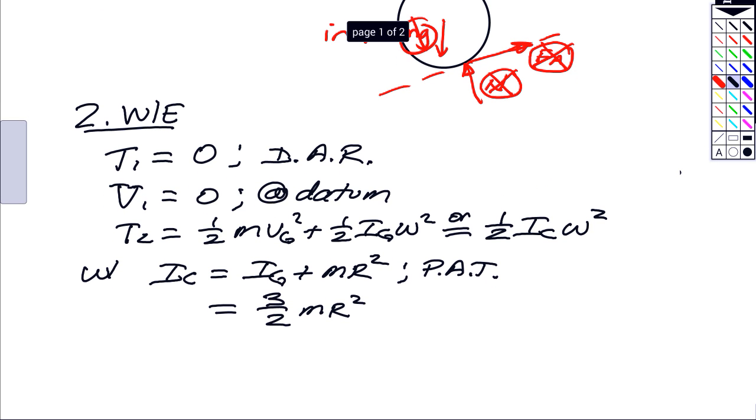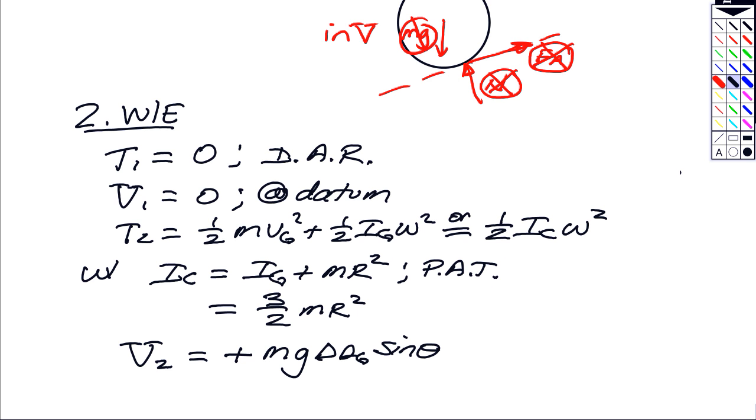V2. The datum was chosen at the beginning state, so it's going to be moving up from there. mg times the distance through which G moves up the incline. Actually, the change in height goes as the sine of the angle. The work